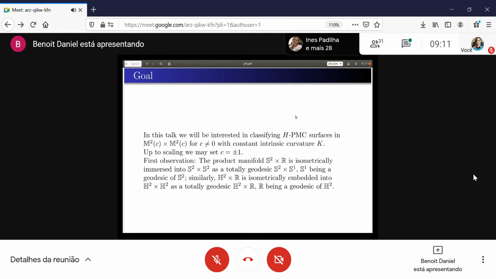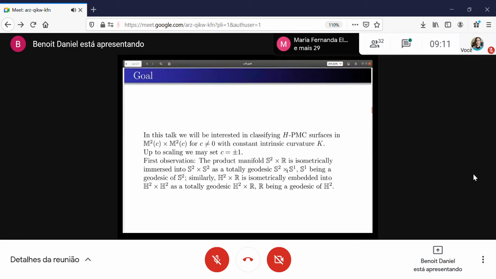What do I mean? Here, I take S1 as a geodesic of S2, and I make the product S2 cross S1 in S2 cross S2, and this is totally geodesic, and this is isometric to a quotient of S2 cross R,